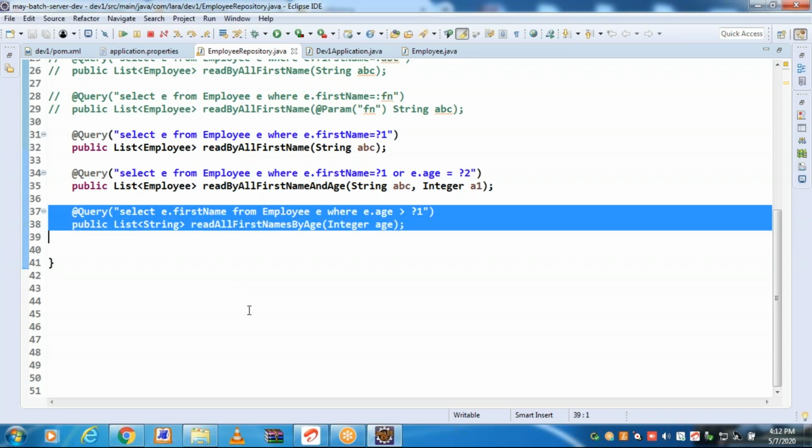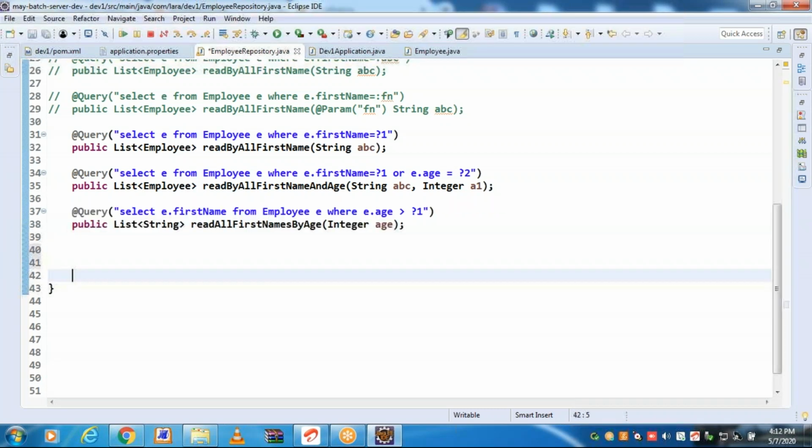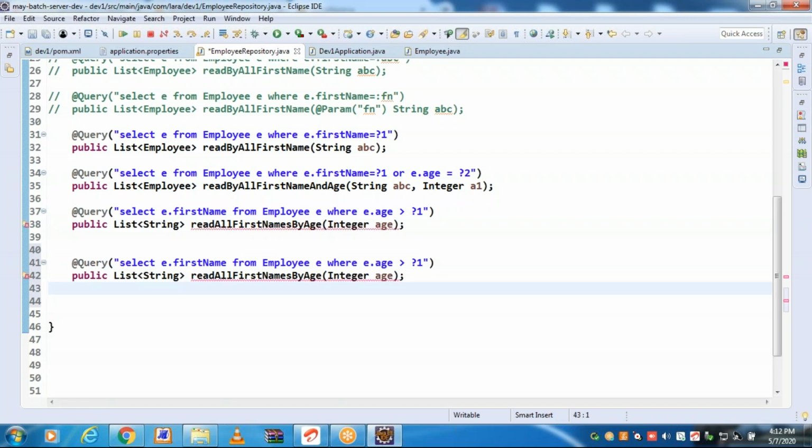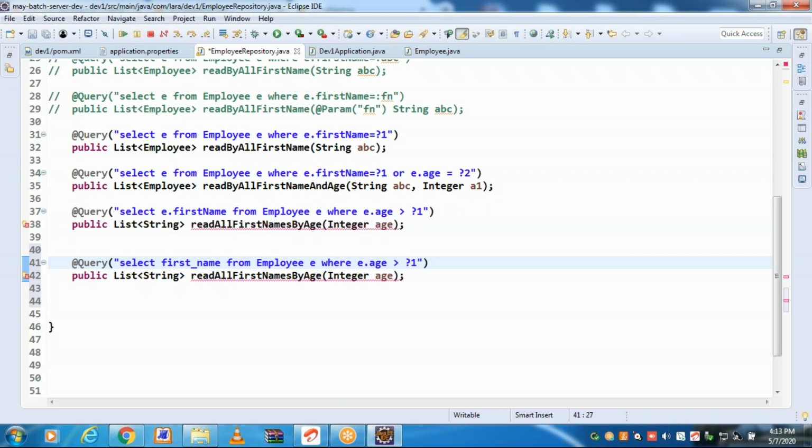How to supply our own SQL query, the raw SQL query? Please observe. Raw SQL command. We know very well about SQL commands. Select first_name from the table name. Table name is employee only, where we don't require an E here.